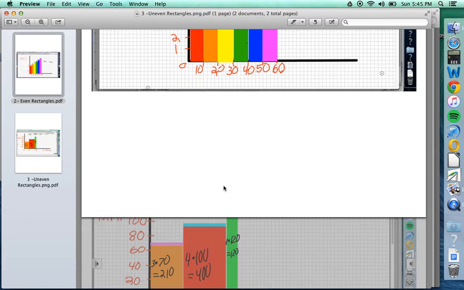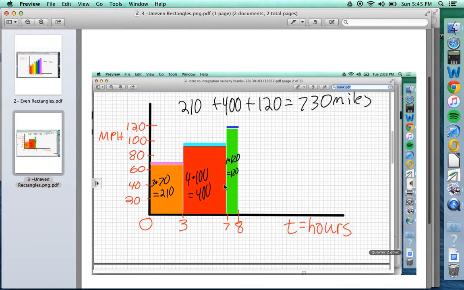But before we did the Coach Green problem, we did the Coltrane problem. And if you look at the Coltrane problem, every rectangle has a different width. And while it's not a very symmetric picture, it doesn't have that beauty that even rectangles have, it still meant something. 3 times 70 plus 4 times 100 plus 1 times 120 was still an approximation for area, and that approximation